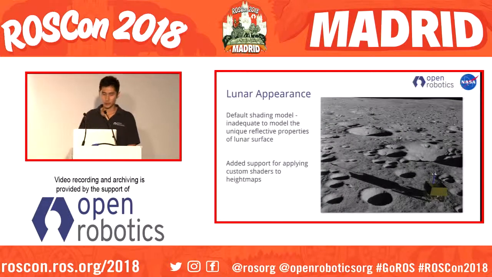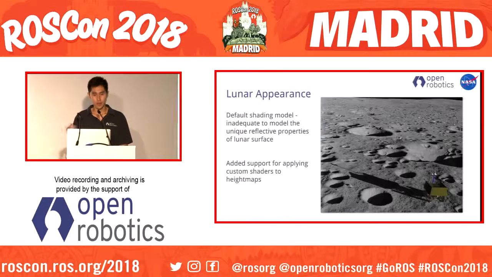The next thing that we did was we focused on creating the lunar appearance. The default shading model in Gazebo just wasn't sufficient for the purpose of this project. So they wanted to use what's known as the Hapke model. It's designed to capture the unique reflective properties of the lunar surface. It's covered by regolith, which is powdery dust and loose rocks that you find on the surface of the moon. So to do that, we worked with them to integrate their own custom